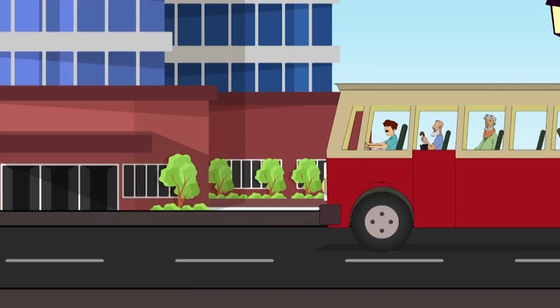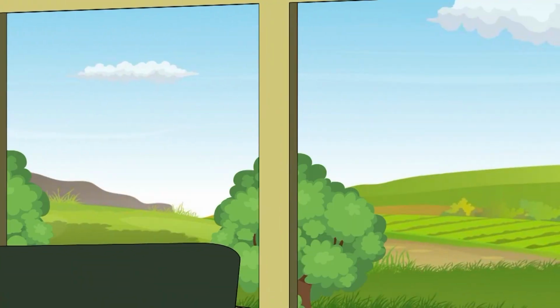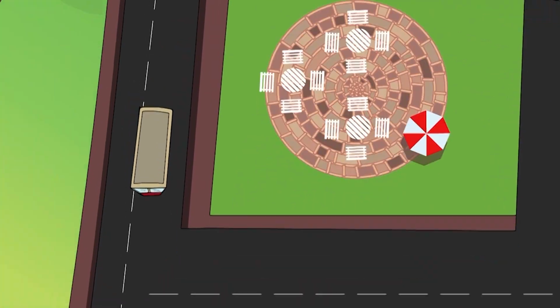If you are in a car or a bus, do not come out. Ask the driver to drive slowly to a clear spot. Do not come out until the tremors